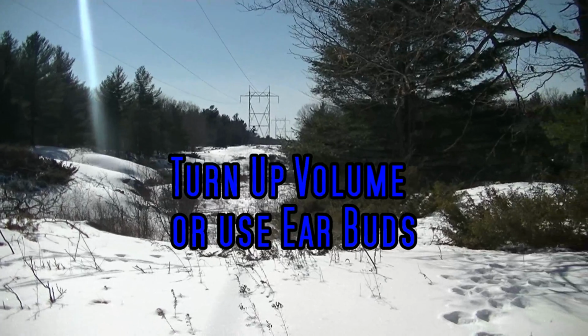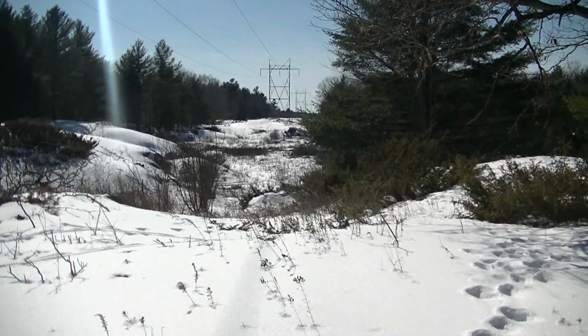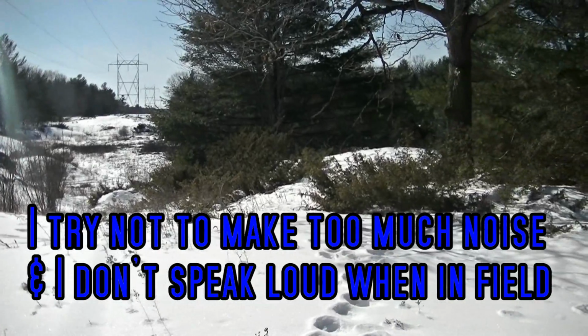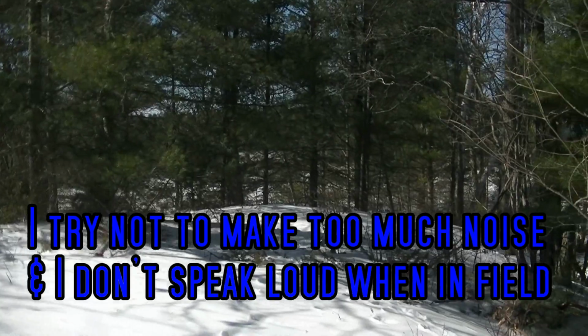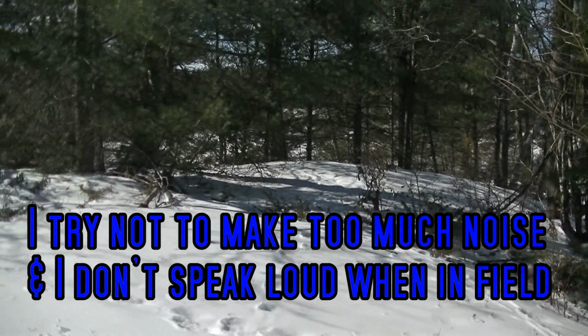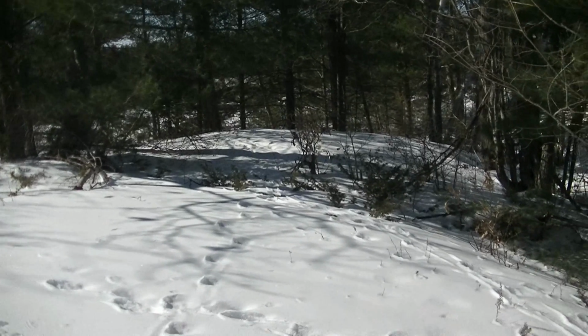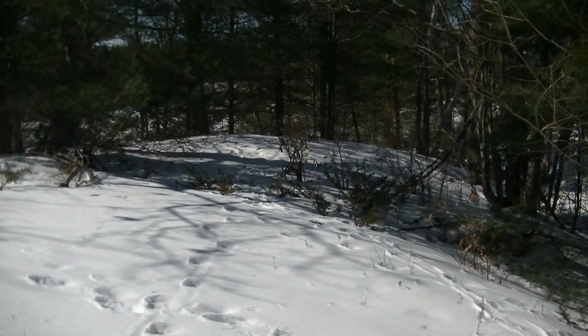So there's the hydro cut. I don't know if you can see the tracks down there from the quads or sleds. But there's a meadow valley marshy area just over this little hill here. What I try to do is, first I'll come into this area here which has got cover, and then after I have a look,